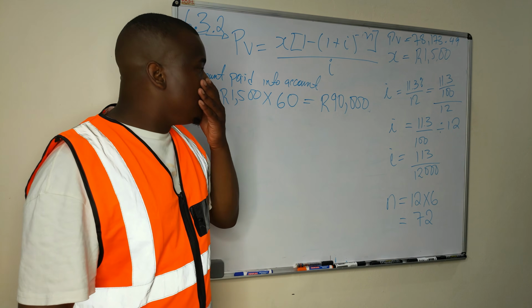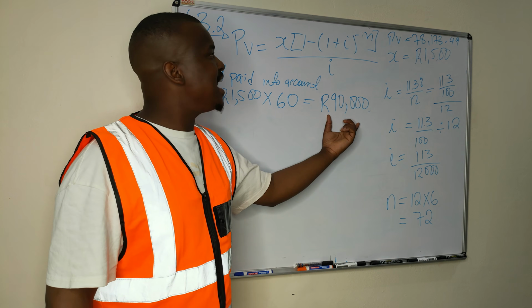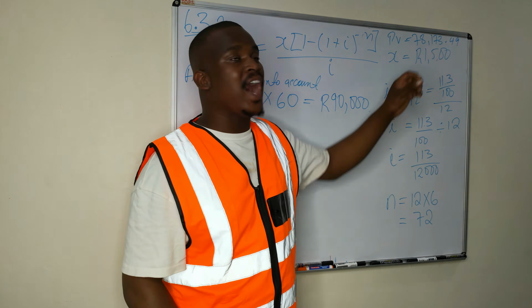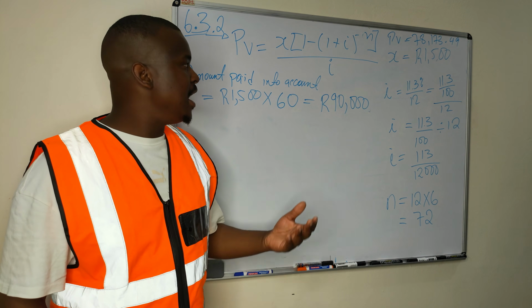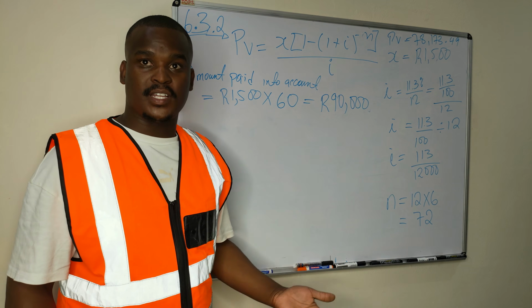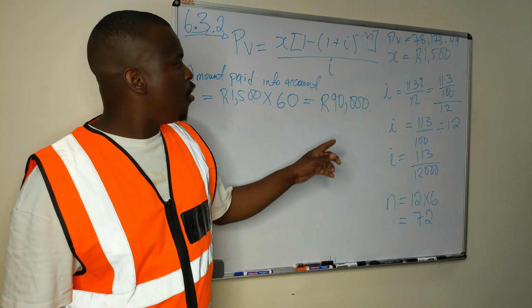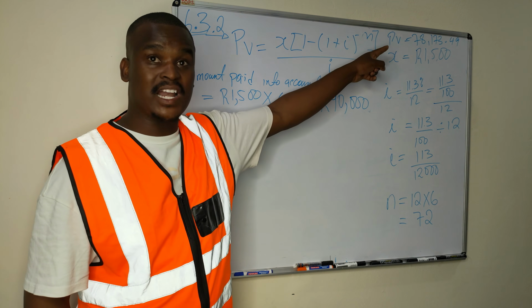So Mpo here has paid 90,000, right? Then let's say Mpo, on this loan of ours at year number 5, has paid 50,000, right? Then that would mean the difference of this and the 50,000 that Mpo has paid off that loan